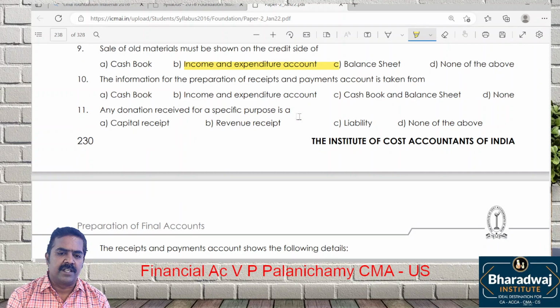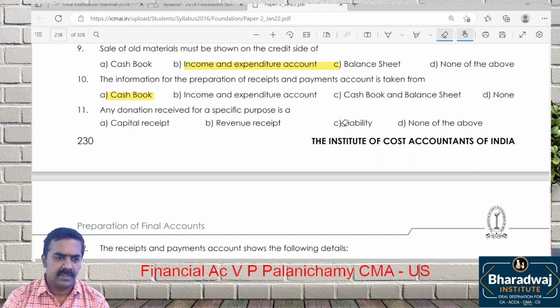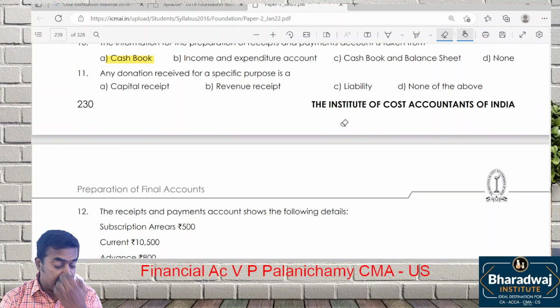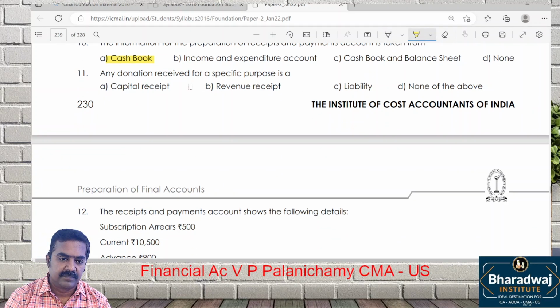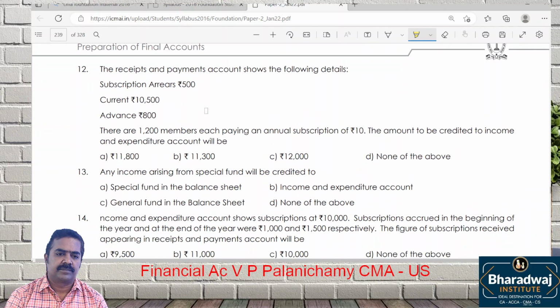Information for preparing receipts and payments account is taken as cash book and balance sheet. Cash book or cash book and balance sheet. Cash book is the most appropriate answer. Then, any donation received for a specific purpose is a capital receipt. General donation is a revenue receipt. Then,